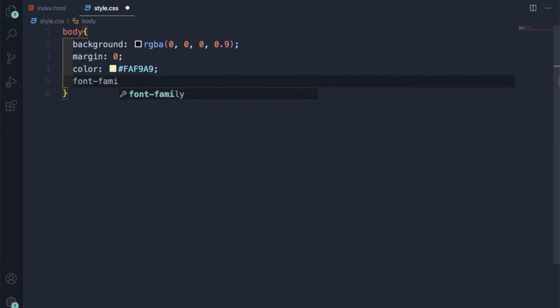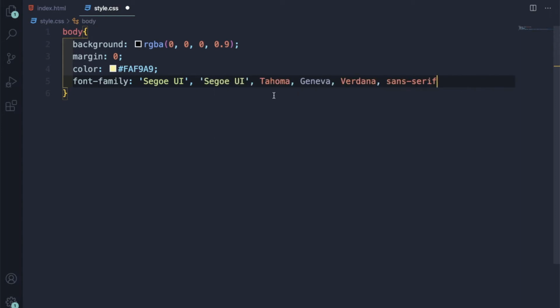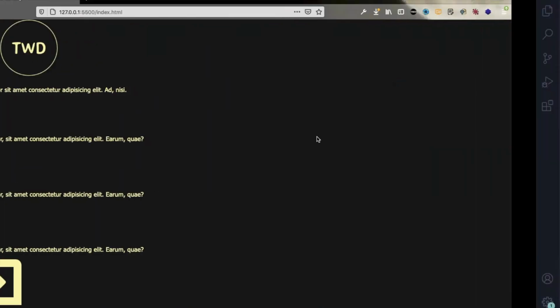Font family, let us take the Segoe UI, then Tahoma. Okay, the first one it is coming, so let me take this one. Yeah, so it came. So let me use this only. Oh, this is gone. Okay, let me save it now. So the font family is changed. Now